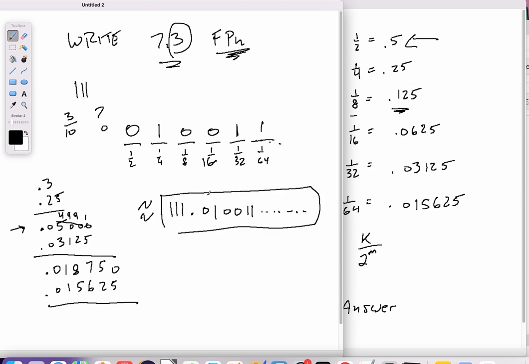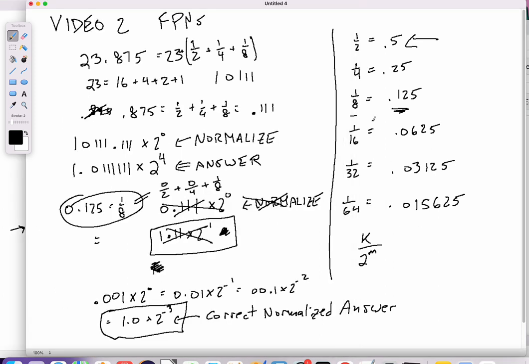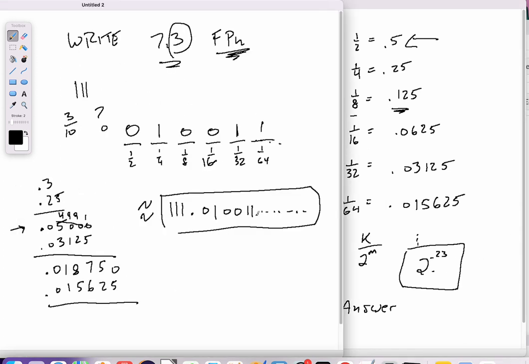Now remember, I indicated to you in the last video that we have 23 bits here. Okay, so if we have 23 bits here, you can see we're only here. This is 2 to the minus 1, minus 2, minus 3, minus 4. So we're going to get resolution down to 2 to the minus 23. Now that's a really small number, 2 to the minus 23. Okay, 1 over 2 to the 23, that would be in the area of several million. So this is several millionths, which means that ultimately we're going to be able to write this thing accurate to